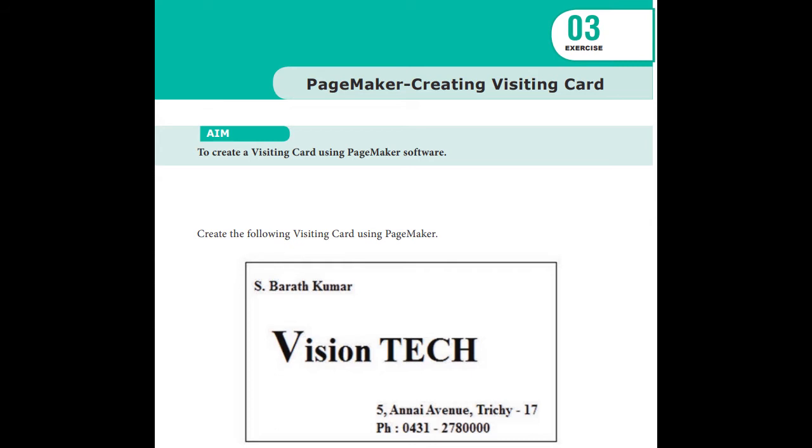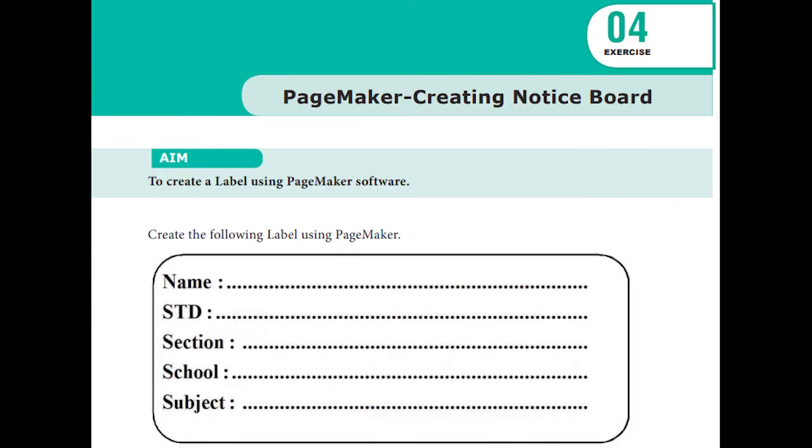Okay, so here you will be opening PageMaker as you have seen in the first exercise itself, and you will be creating the card in the size of a visiting card. This visiting card size, everything will be given. You can set it in the PageMaker software, and you can design by giving the style. You can give a theme, whatever they have asked in your question, you have to do that. If you are willing to do a visiting card for yourself or others, you can do it using this PageMaker software.